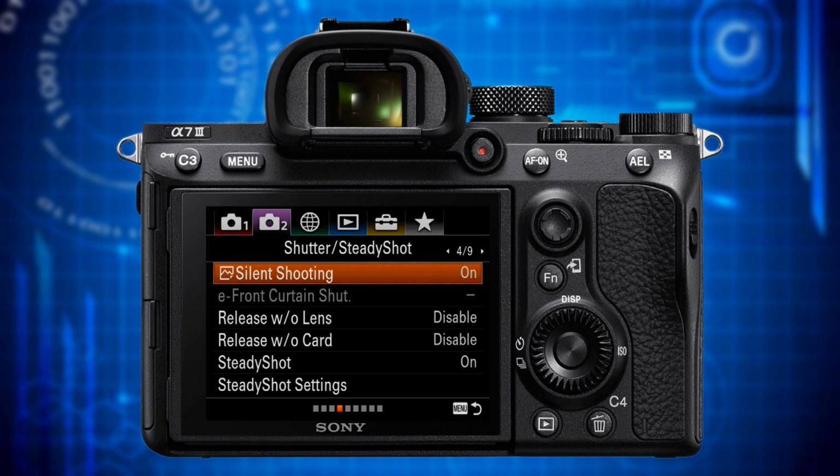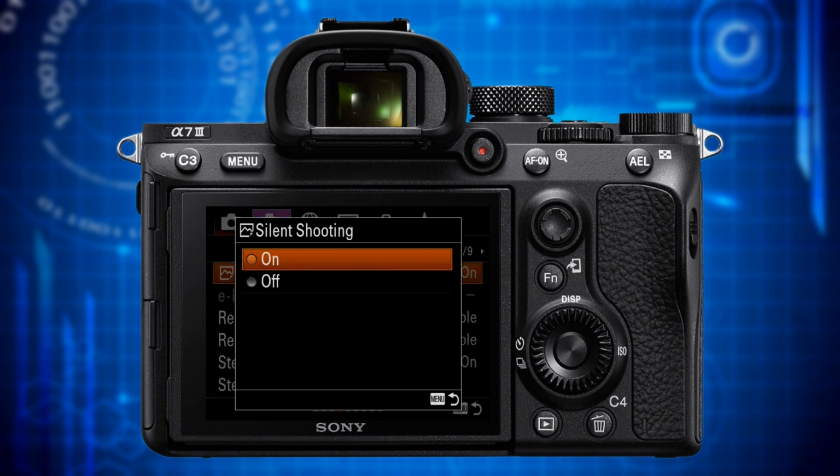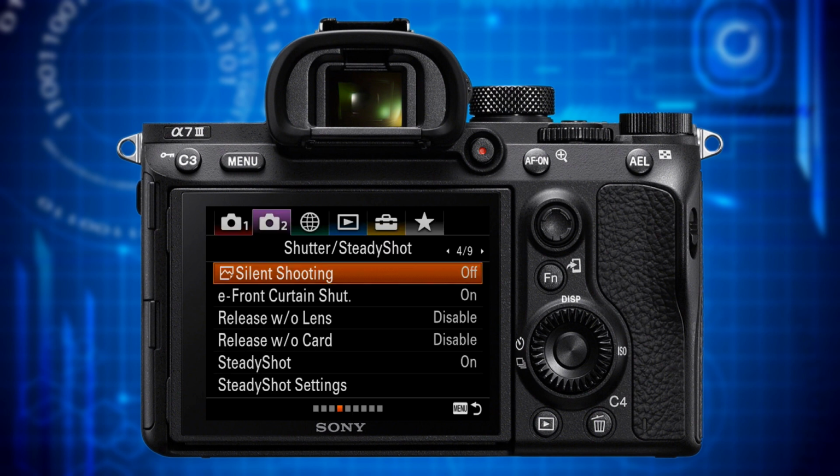However, silent shooting, some call it electronic shutter, comes with a few disadvantages. For example, there's more of a rolling shutter issue when shooting fast-moving subjects or quick pans with silent shooting as compared to mechanical shutter. And when shooting RAWs, the camera automatically switches from 14 to 12-bit, to just name a few. This is the reason why I use mechanical shutter most of the time, which means silent shooting is set